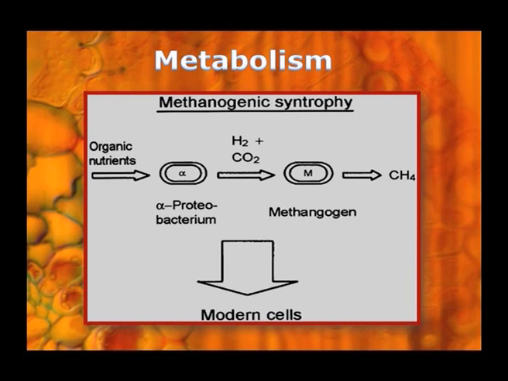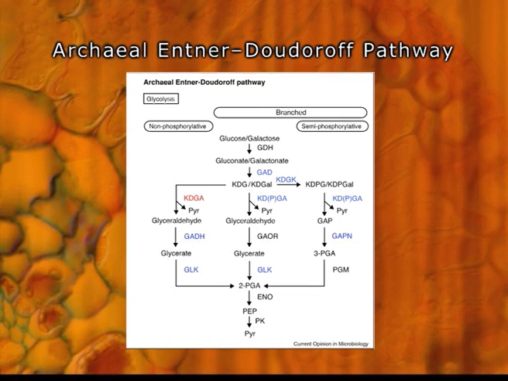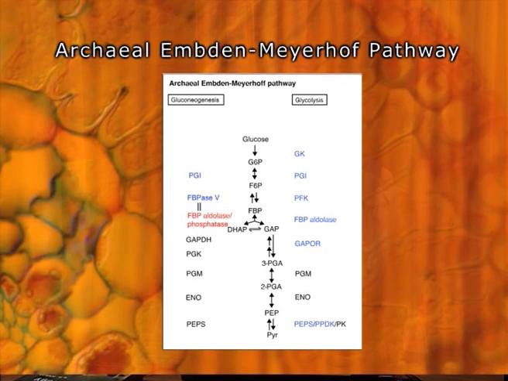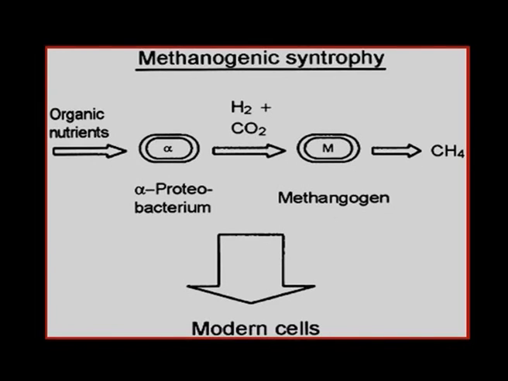We have to remember that there is no such general TCA cycle, right? There is the reductive acetyl-CoA pathway. Usually in Archaeal carbohydrate metabolism, it utilizes the Entner-Doudoroff pathway or ED pathway, but variants of the ED pathway are utilized. In gluconeogenesis, just the reverse of the Embden-Meyerhof pathway is found. And as phosphofructokinase is not present here, true glycolysis is not here. And the TCA cycle is not operated totally.